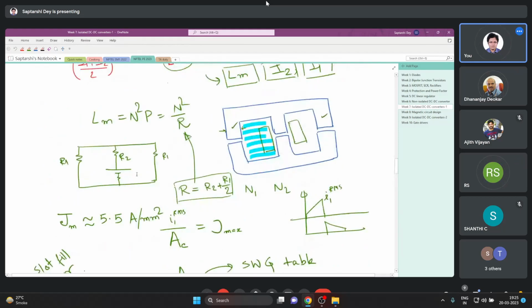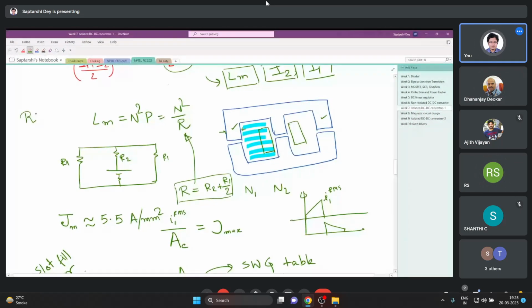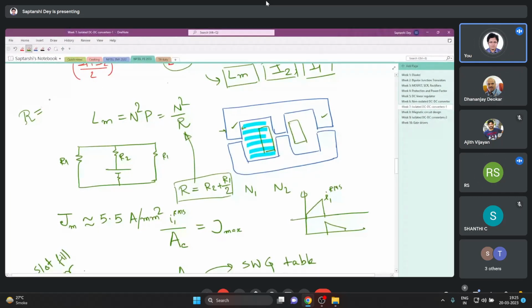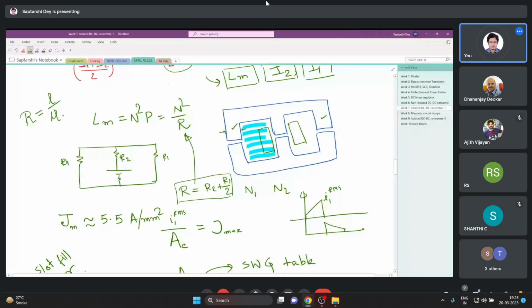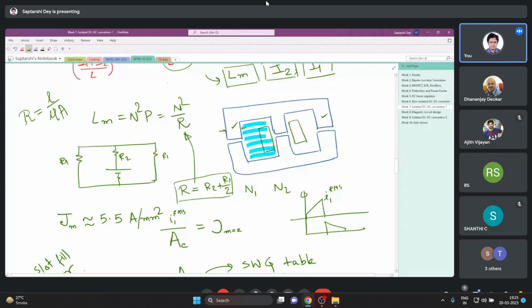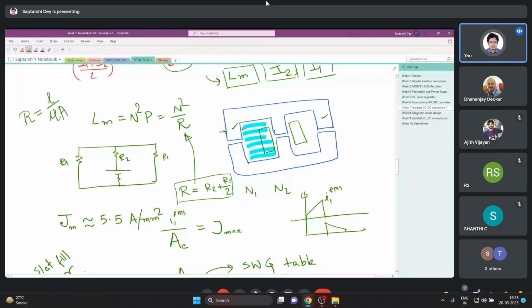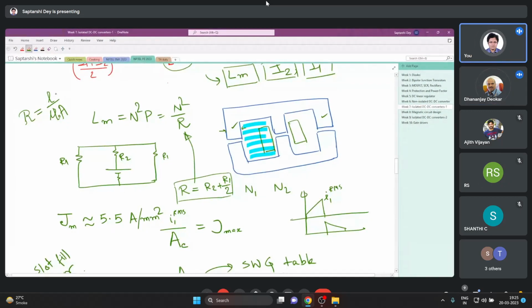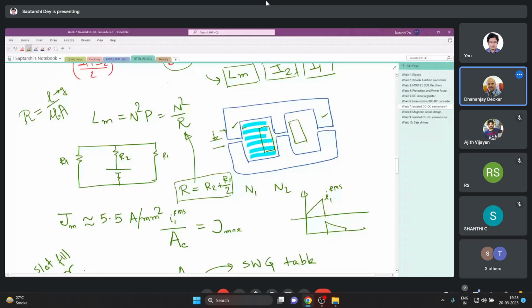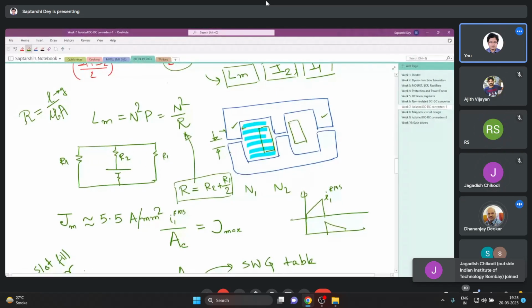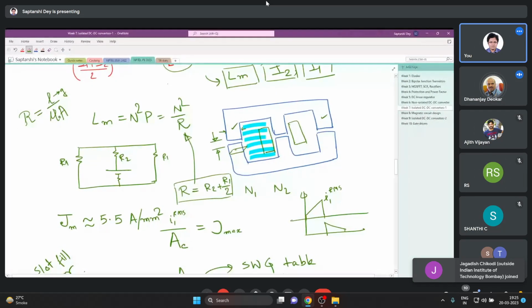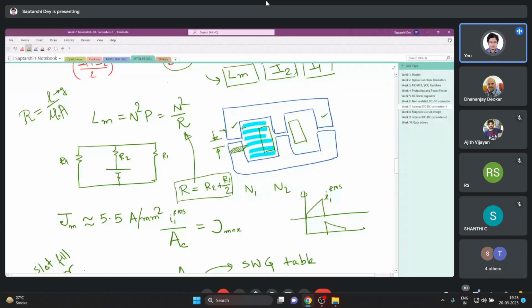One thing I jumped a step. I think you already know it, but still, reluctance is L by mu A. Since in this case we have considered that only the air gap is contributing to the reluctance, and we are not taking any fringing into account, it is L by mu naught A. L is nothing but the air gap length, and area A is the cross section area of the core. Whatever cross section area you have, that is the area. So this way you calculate the reluctance values